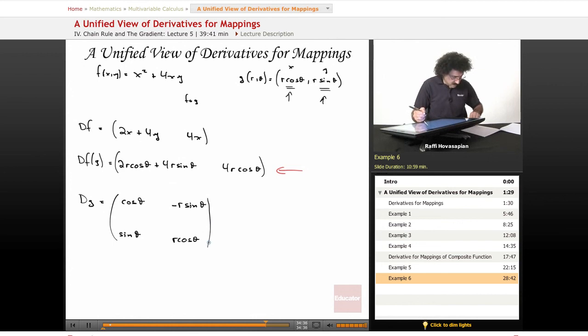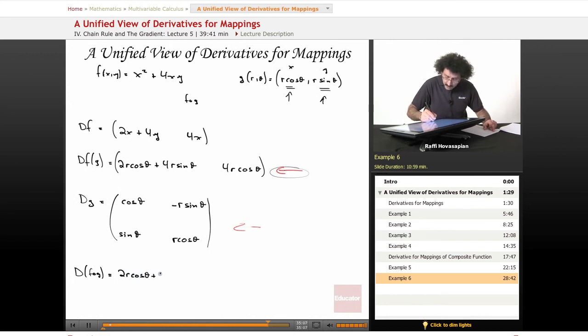There you go. And now we'll go ahead and actually do the multiplication. So the derivative of f of g, the composite function, is just equal to this thing times this thing, in that order. This one goes first. So we'll write 2r